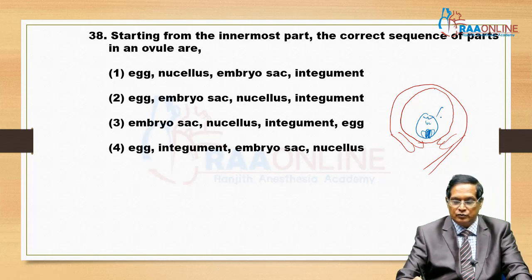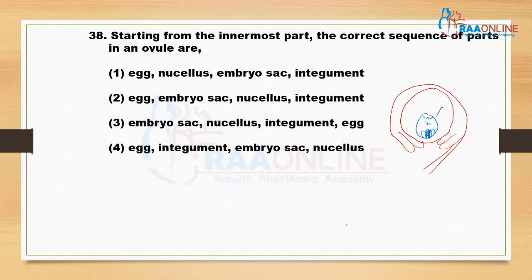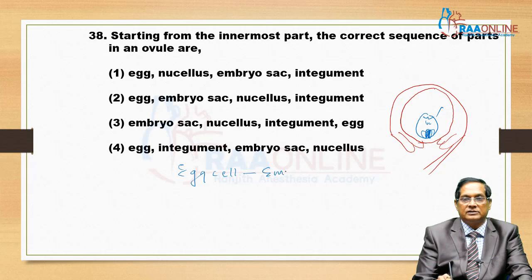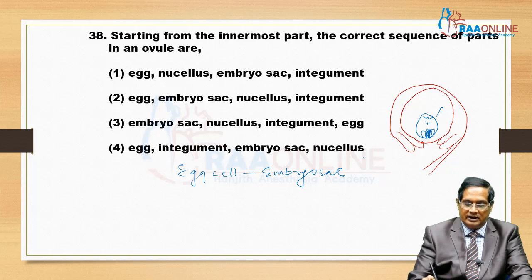So the innermost portion is the embryo sac, and the egg cell is found in the embryo sac. So first is the egg cell, followed by the embryo sac. The embryo sac is present inside the nucellus, and the nucellus is covered by the integument. So the correct sequence